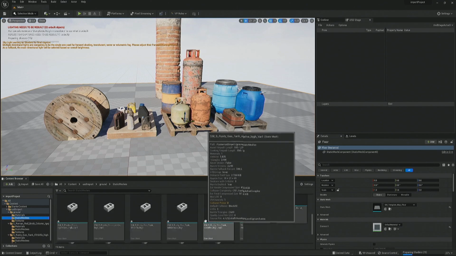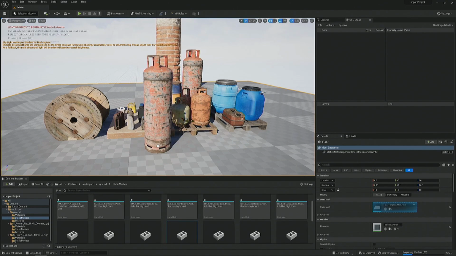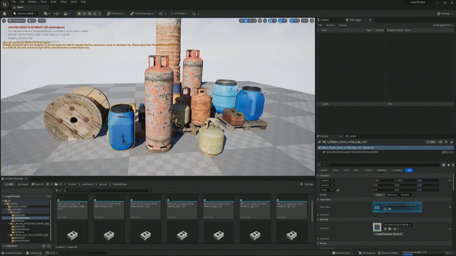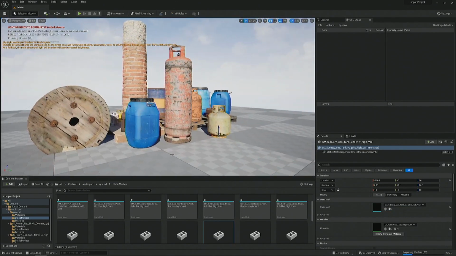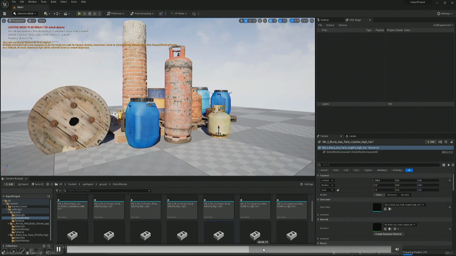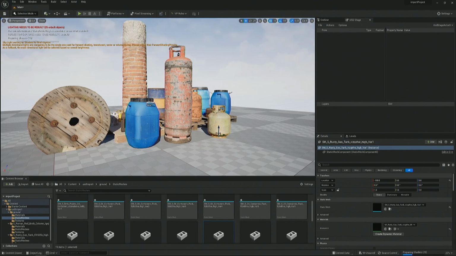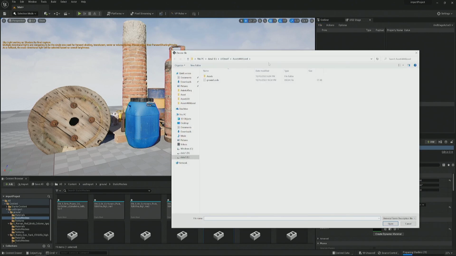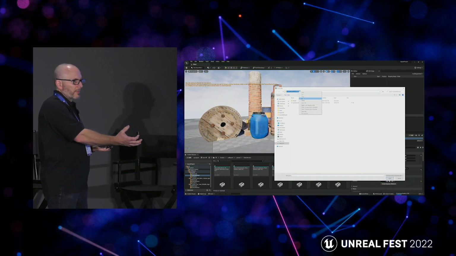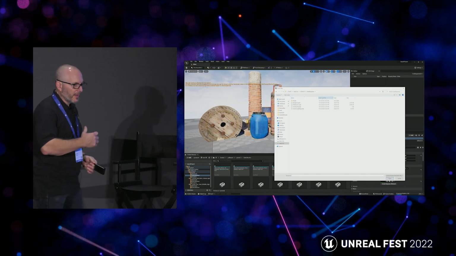Yeah, so those are all the individual assets that were part of that, and it's all U assets now. So if you're working with USD files and your end result is going to be coming out of Unreal, it's easy to then pull whatever data is coming from USD into Unreal. In this case, this is only the geometry and stuff, but I'll show you an example with the animation and whatnot.